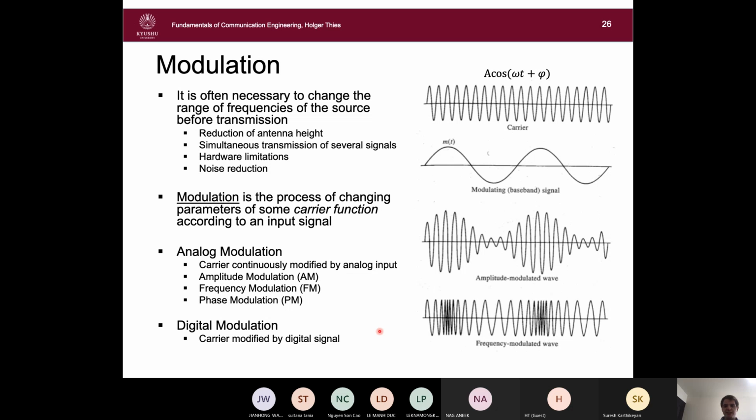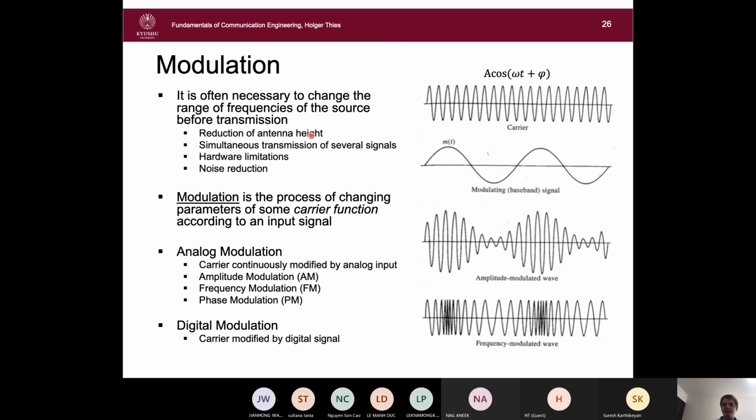Okay, let's look at another topic which we will cover in this lecture. So another topic is: what is modulation? Modulation means that sometimes it is necessary to change the frequencies of the source before transmission. So sometimes we have to change the signal we transfer before we can transfer it. Reasons for that are, for example,